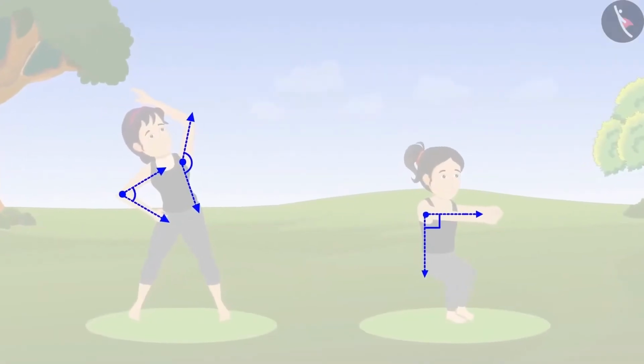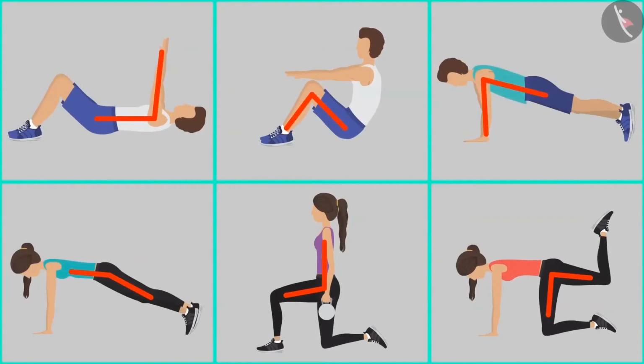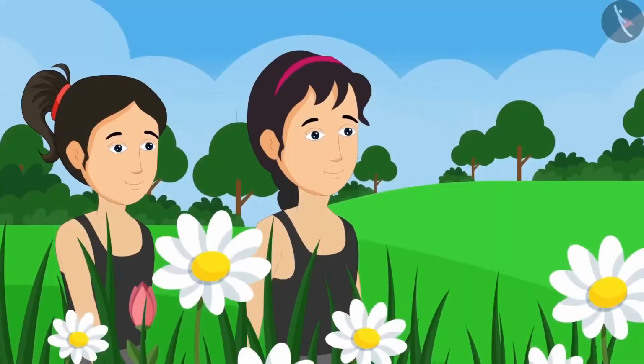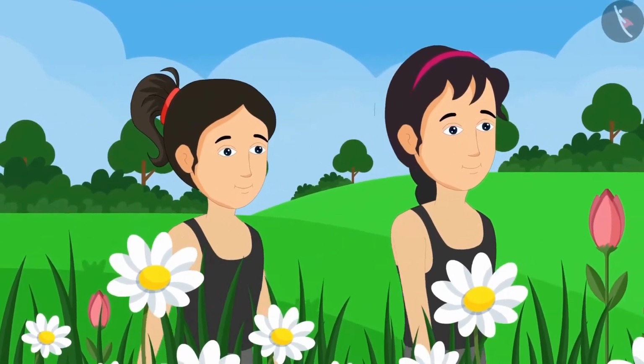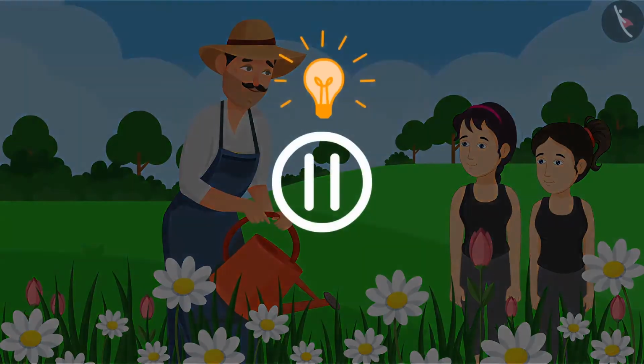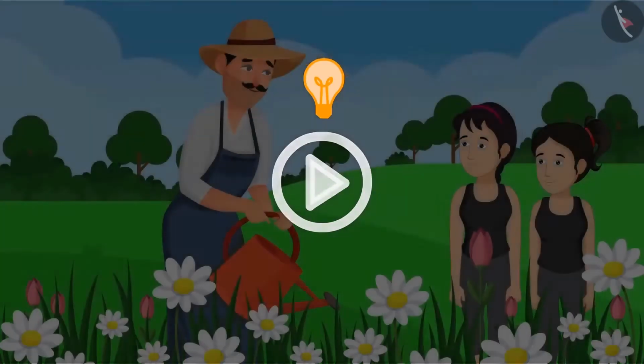After that, Riva and Meena have made different angles while doing exercise. You too can try identifying the angles that can be formed with the hands and legs of your friends while exercising. Meena and Riva finished exercising and were returning back home. On the way back, Meena saw the watering can held by the gardener. She told Riva, Riva, do you know which angle is made in this water can? You can pause the video if you want and give it some thought.